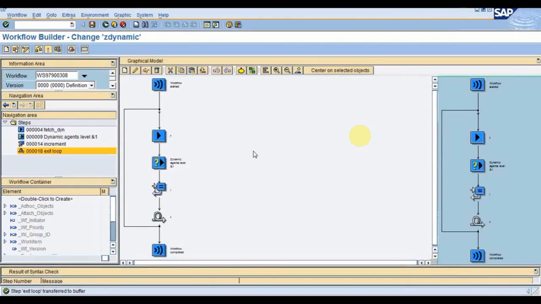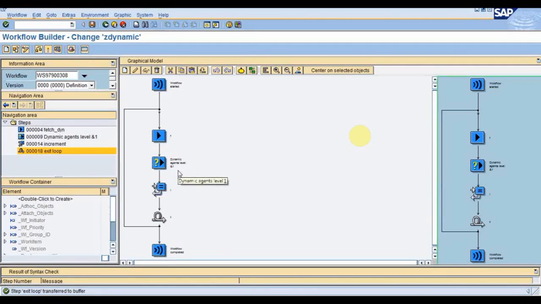Actually, in a real time scenario, we don't use this user decision step. In our company we are using WebGen Pro screen. So what we do here is make one activity step in the last class which I showed you, with this dummy method, and once that step is executed, one WebGen Pro screen gets launched, and that screen will have two buttons called approve and reject. Once I click on approve, I will be using one function module provided by SAP WAPI to complete the work item or to take some other action.